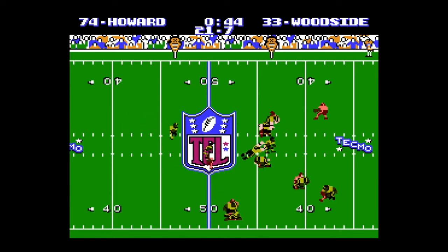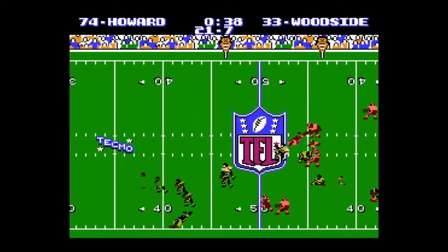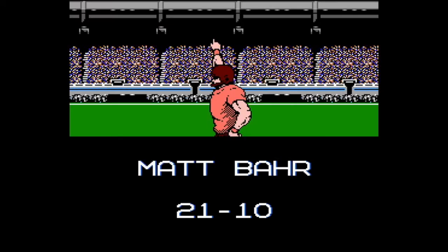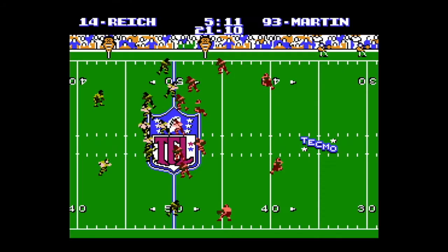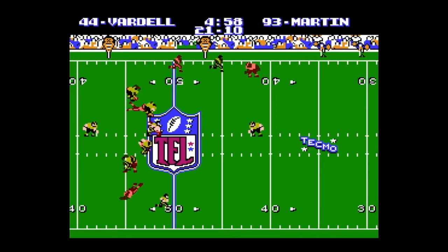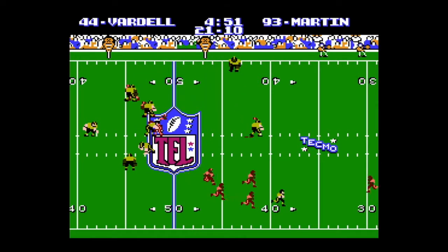Next drive, Keith Woodside bobs and weaves around defenders. He had the ball at midfield, and this would be a made Matt Bear field goal. 21-10, 11-point game. Frank Reich and the Tigers haven't scored in a while, and Tommy Vardell gets the ball on